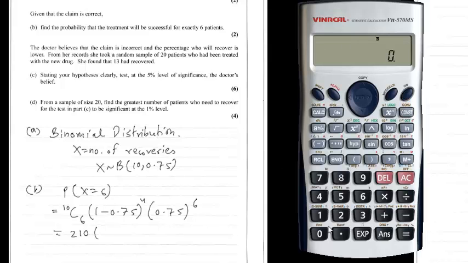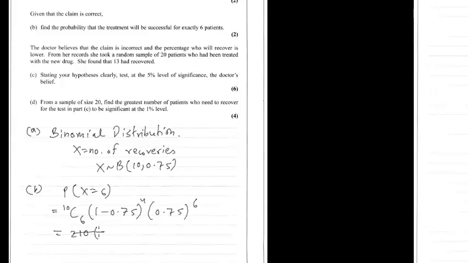Then we have 1 minus 0.75, this is 0.25, so 0.25 to the power 4, multiplied by 0.75 to the power 6. Now we can multiply this with 210, and the answer is 0.14599. Okay,